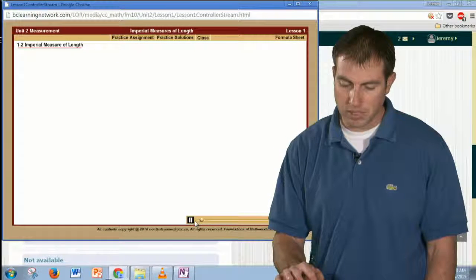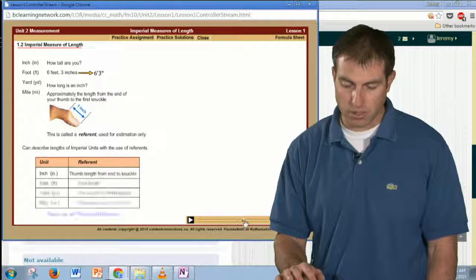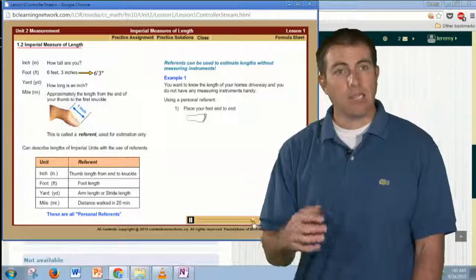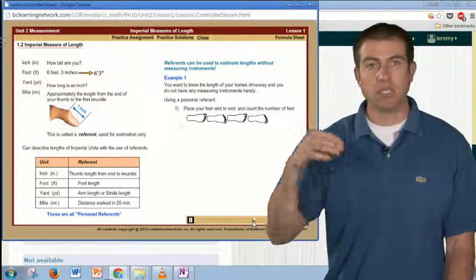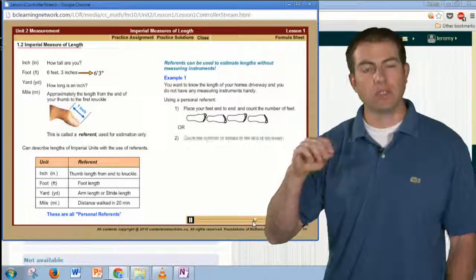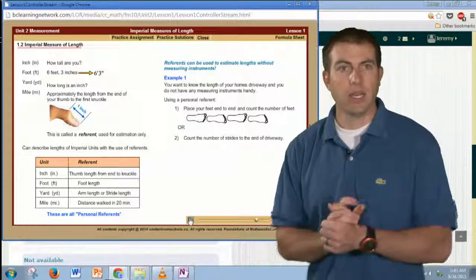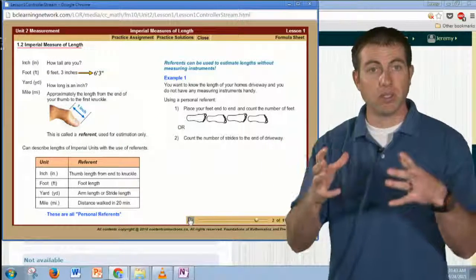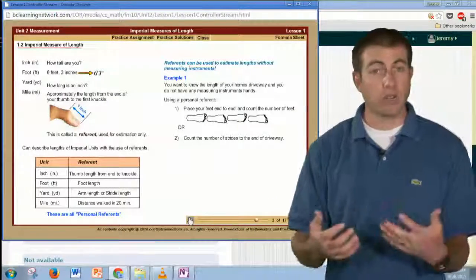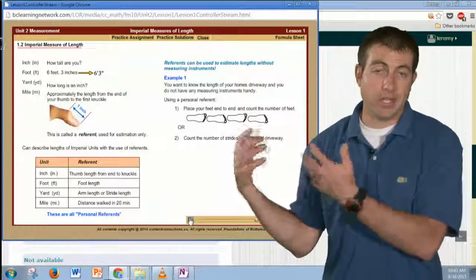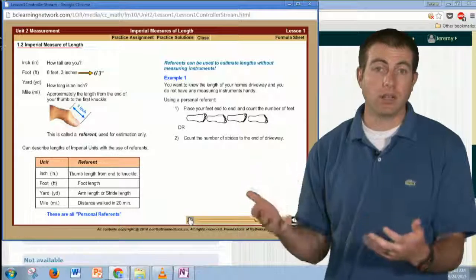This is a lesson that somebody has prepared for you guys. And you can see it's measurement, thumb, inch, all of this stuff. You can go through it if you want, but I'm going to go through the exact same material. You can think of these lessons that are built into the course as additional stuff. If you think the way I've explained it is confusing, there's this additional lesson you can go through, and maybe it can clarify things.